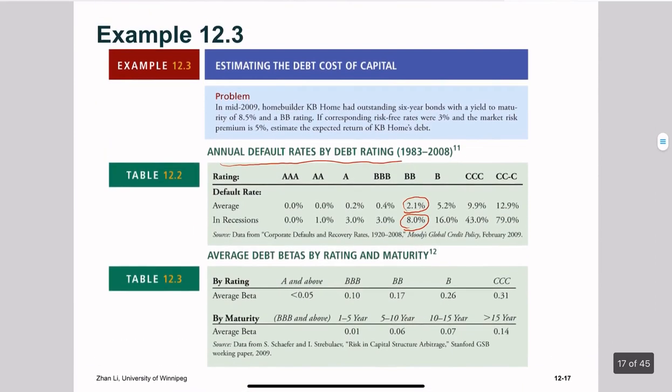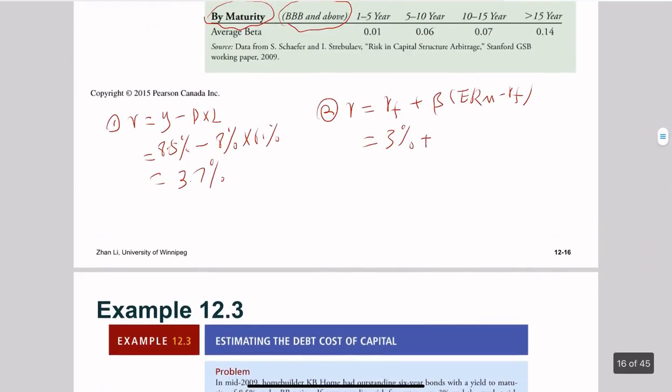So it's a BB rated bond. And you can see that we should use this. Should we use any number from these columns? Well, we should not, because as I said, this bottom panel is just for BBB and above debt. And the BB rated debt is below BBB rated debt. So you should not use any number from the bottom panel, right? So you should only use this 0.17. So 0.17 times